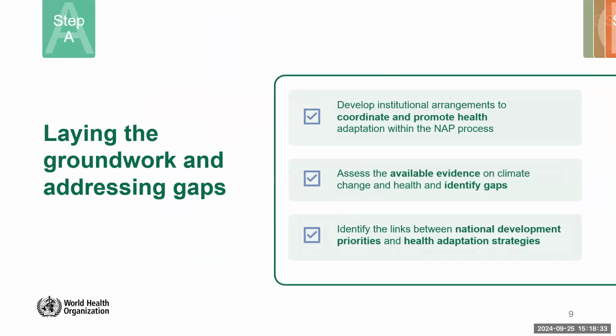So when we look at laying the groundwork and addressing the gaps, which is the first step of developing the HNAP, there are 3 components here. We have to ensure, first of all, that the HNAP is aligned with the NAP process. Every country will have to define its own process, but it is important to ensure that the health sector is engaged in the national climate change agenda and that there are coordination mechanisms in place to facilitate this. It is also necessary that the health workforce is sensitized to mainstream climate change in the health sector